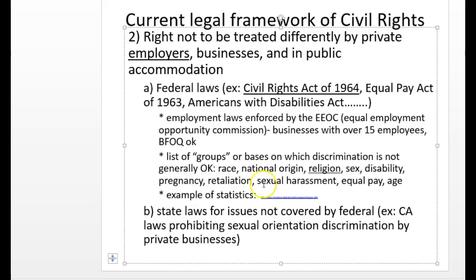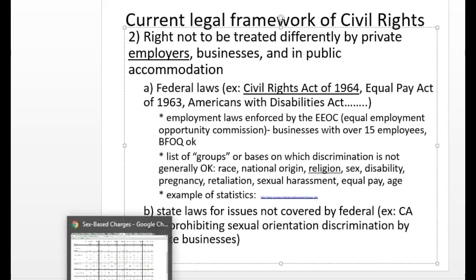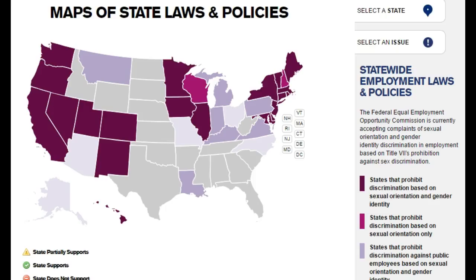There's one really important category that you'll see is not actually on this list explicitly, and that is sexual orientation discrimination. Up until fairly recently, sexual orientation discrimination was not a cause for concern at the federal level. There was no prohibition on that at the federal level. That was something one could find in some state laws. First, let me show you some maps of the states that do provide sexual orientation protection.